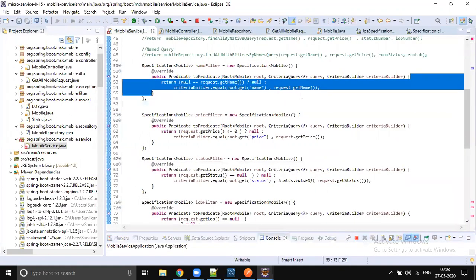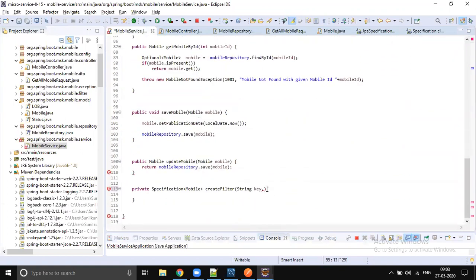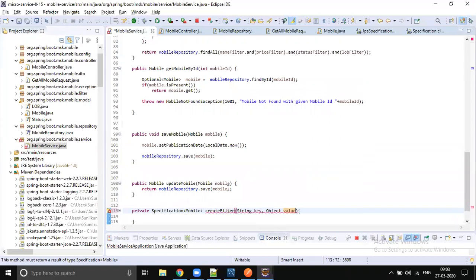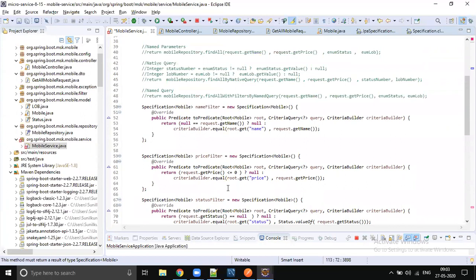That can be anything; it can be a string or an integer or something else, so let's define it as object.